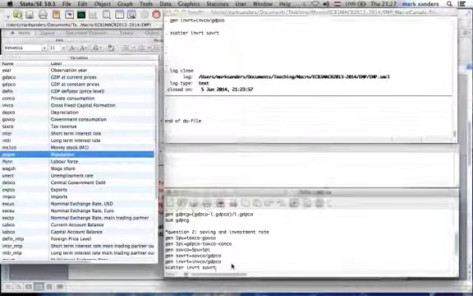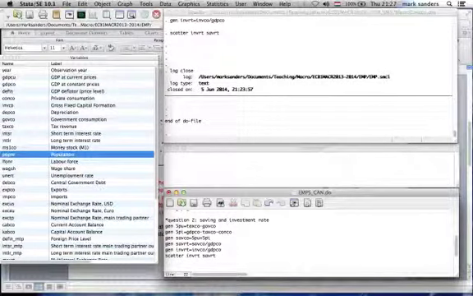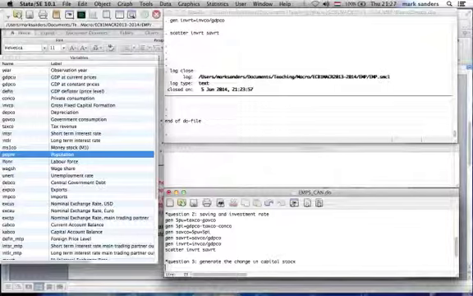And then the question is, how do I... Question 3. Question 3 requires us to generate the capital stock, generate the change in capital stock. Now, the change in the capital stock in Canada,